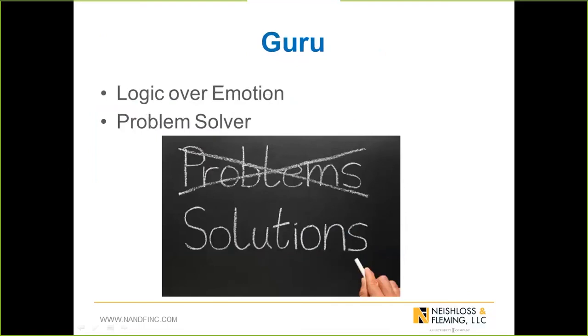The guru. Salespeople who prefer a more logical and less emotional approach set themselves on the task of becoming experts in anything and everything related to their industry. They position themselves as problem solvers, able to answer any question and tackle any issue that the prospect lays before them. The guru approach requires plenty of work with learning all the relevant information and keeping up with the changes